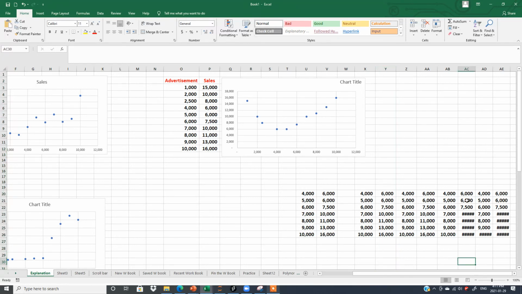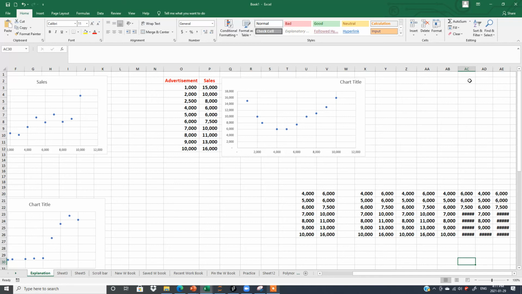Sometimes it happens that when you write something in these cells, these number signs will pop up. So do not worry. What is the meaning of this hashtag or pound symbol or number sign? It means whatever you have written here, the space is limited. It cannot fit in this cell.